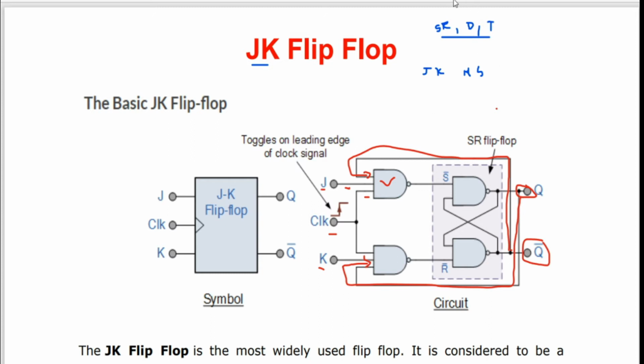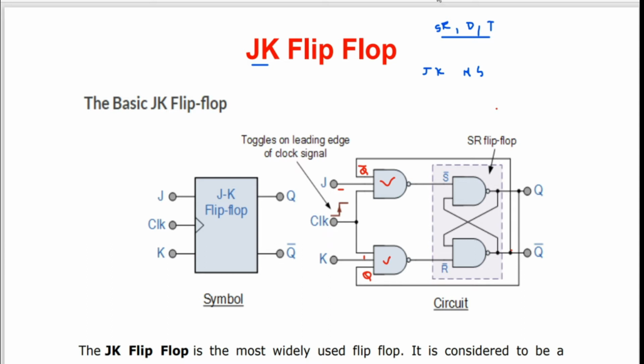So we have totally three inputs coming to J and K. One is the J input, second one is the clock pulse, and third one is nothing but the input that is coming to J, which is your Q bar. And in the lower NAND gate, where we have the K input, the clock input, the third input that is coming is with respect to the Q. So these are the three inputs that we are going to have when it comes to your JK flip-flop.